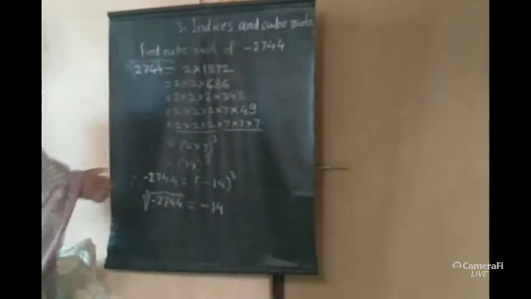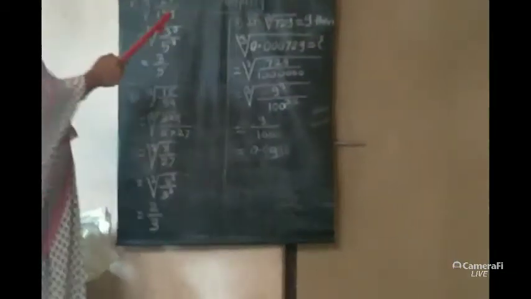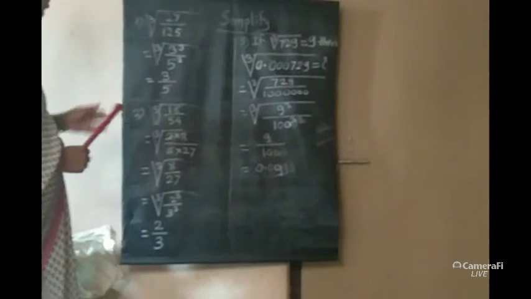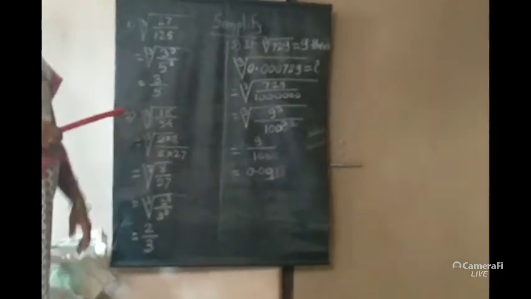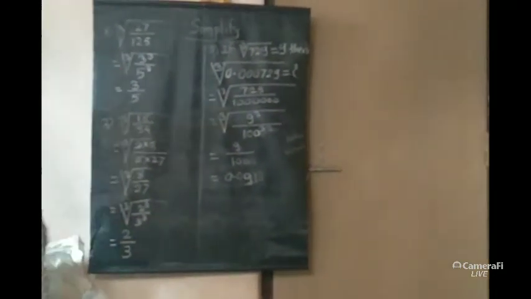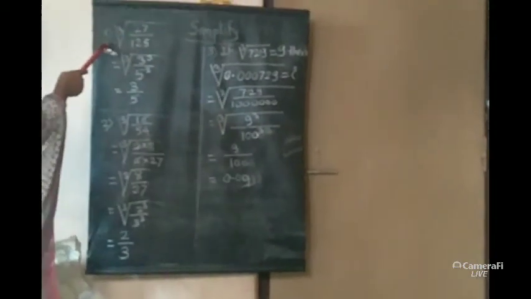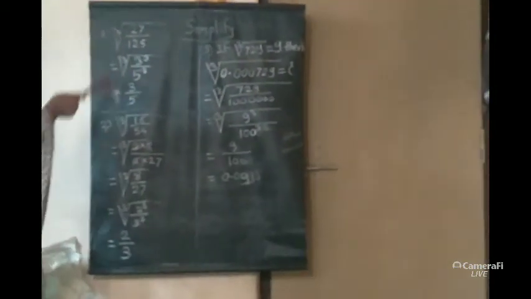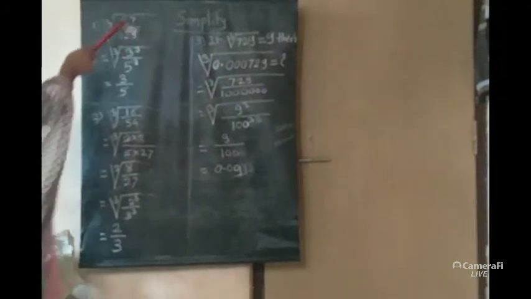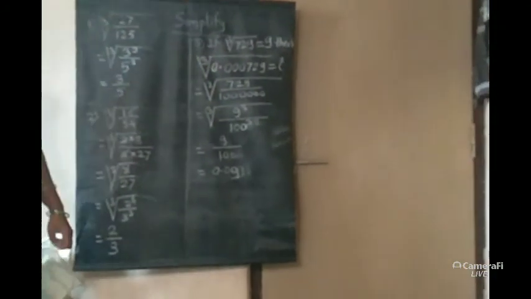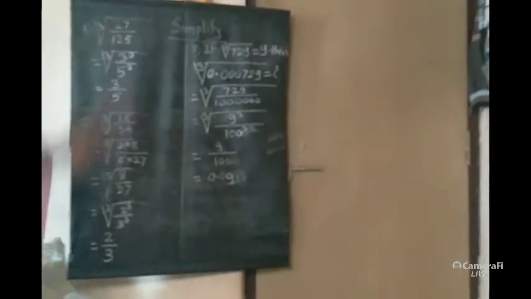Now see the second question from this practice set, that is, simplify. Question number 2 is simplify. Now they have given us some cube numbers under the cube root sign. So we have to simplify them and find their cube roots. See question number 2 from practice set 3.3, example number 1. Here we are given the cube root of 27 upon 125. We have to find the cube root of this fraction.